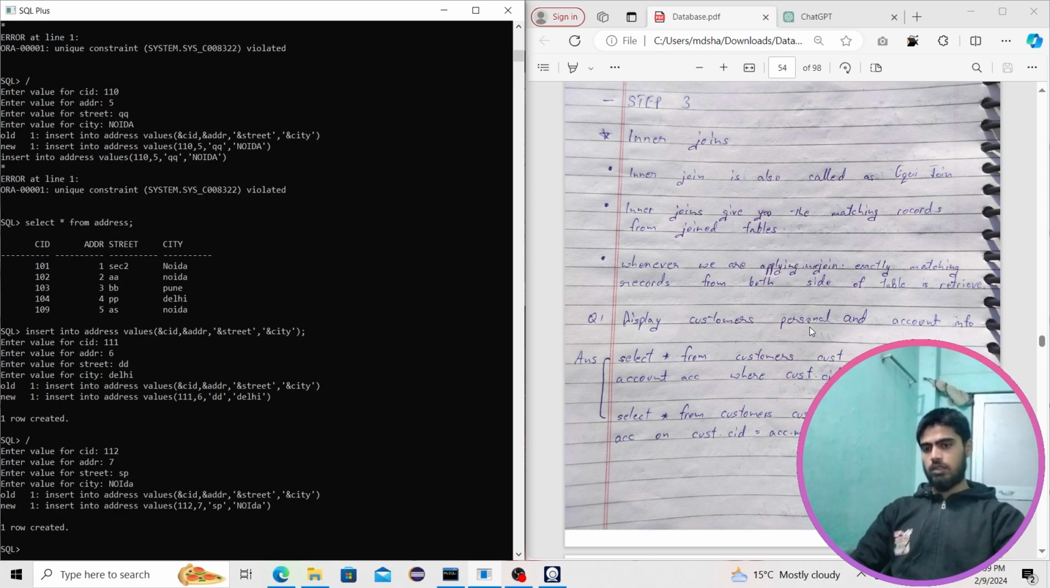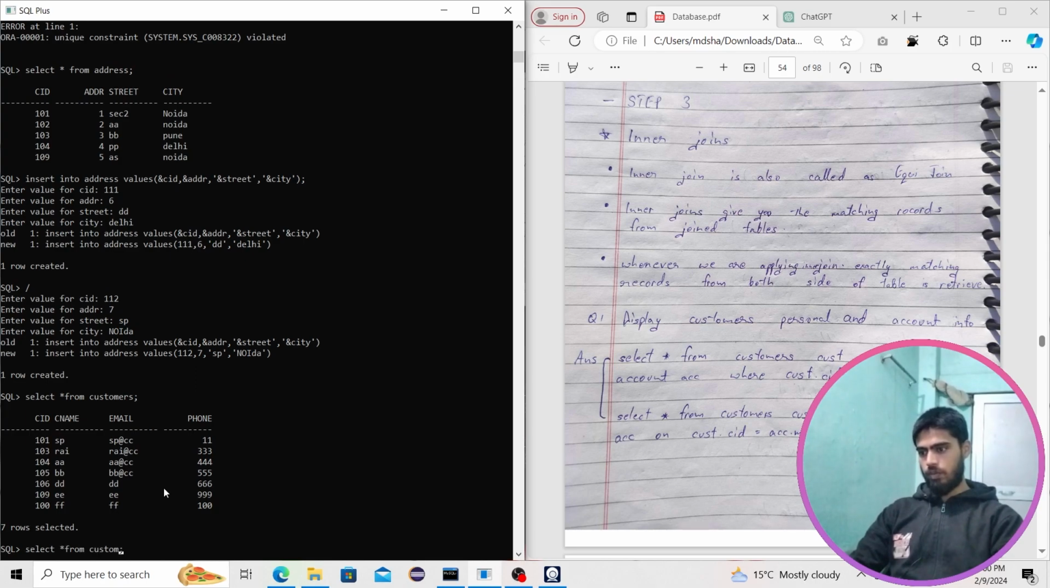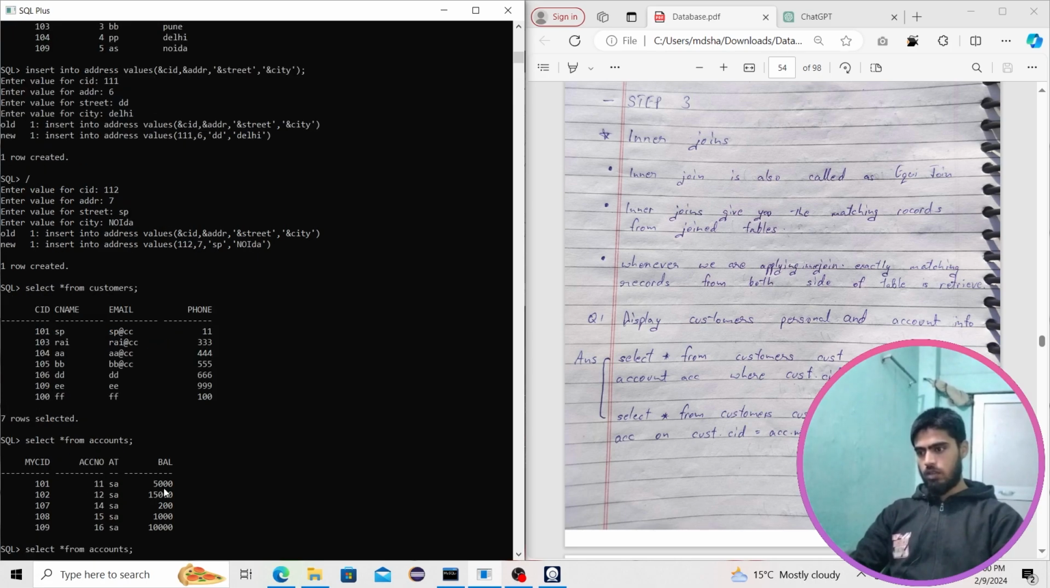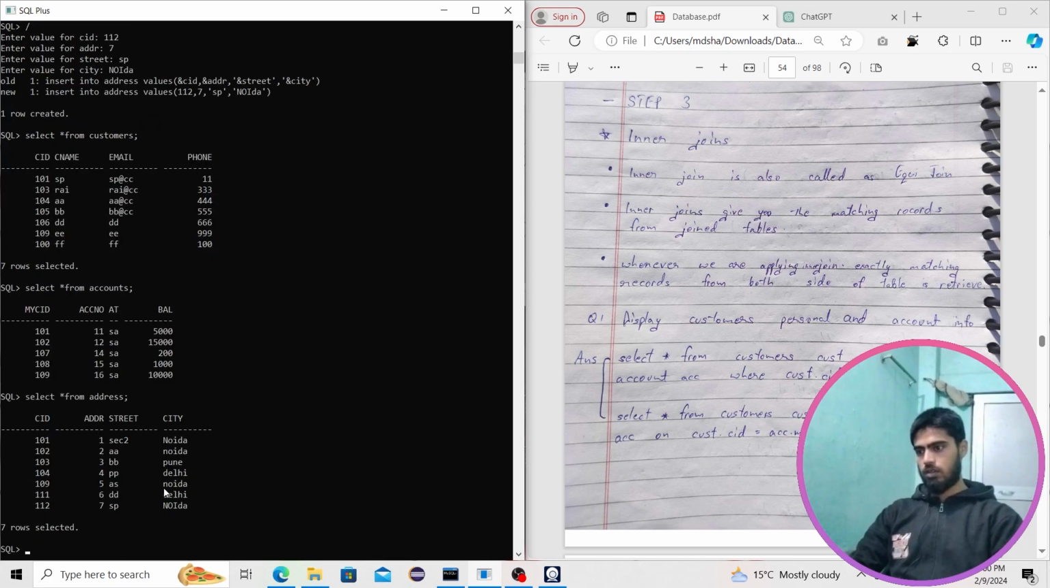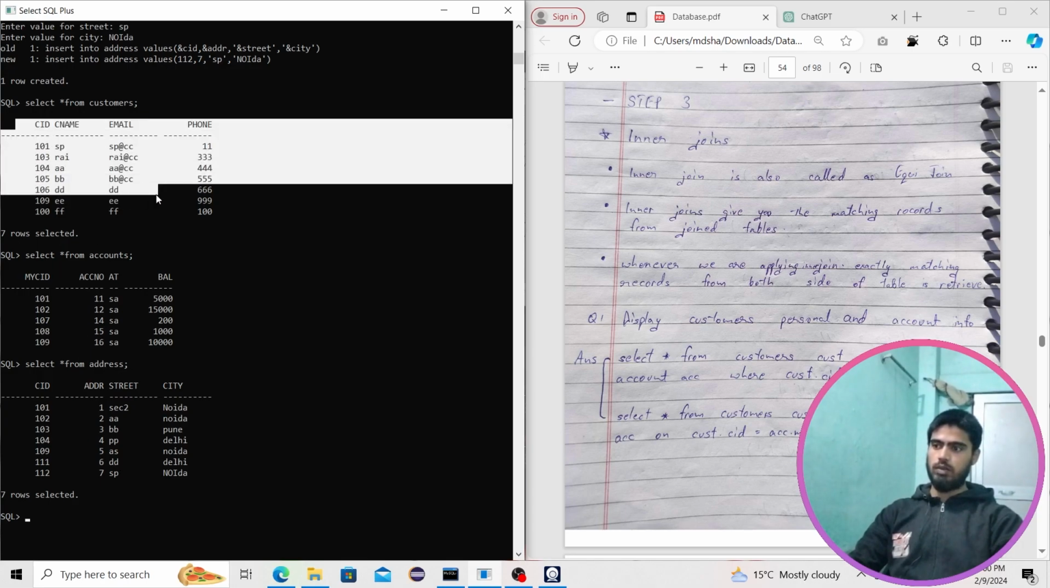Display customers, personal and account information. So first let's print all the tables right here. Select star from customers. Select star from accounts, from address. So now, if we have to extract the value from one table, we simply use a select